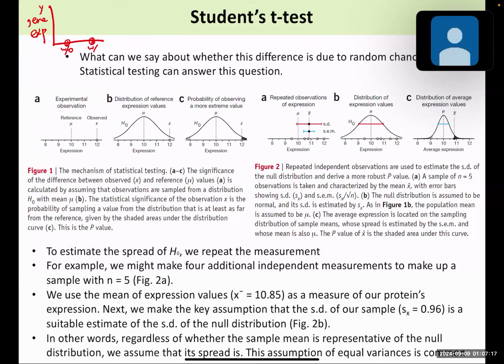And then I performed experiments 3 times, triplicates, right? And then I observed that the gene expression was indeed decreased, right, when you compare with the control group, but I'm not really sure whether those numbers are from random errors. So that's why I perform statistical testing in order to conclude whether the experiment had an effect on gene expression.